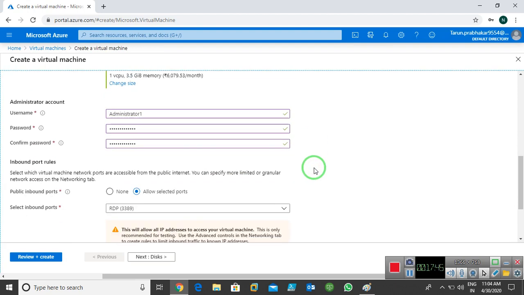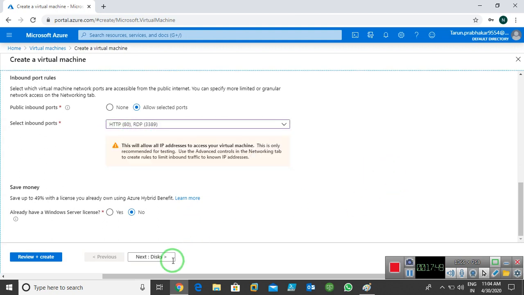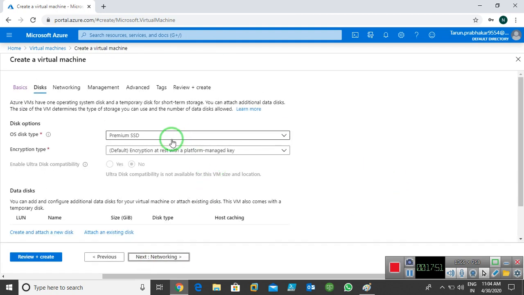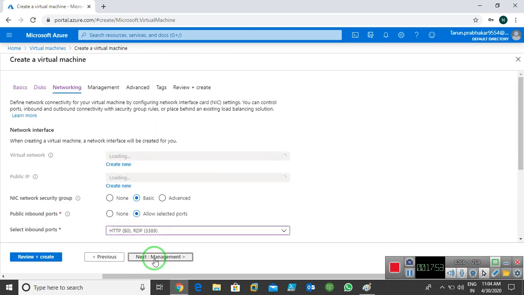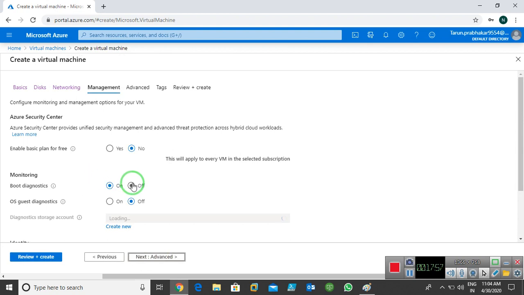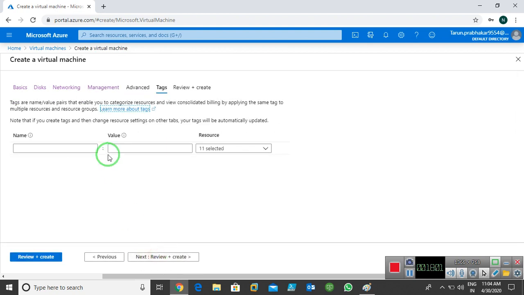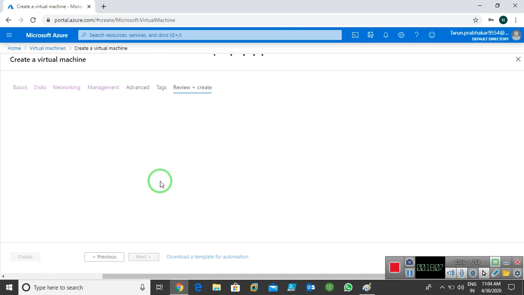Now I need to go to the RDP and HTTP, the two protocols I can choose. Click on next. Premium SSD, I'm using networking. In networking, everything is automatic. Management, I don't want any management options right now. Tags, name Windows. Okay, review plus create.